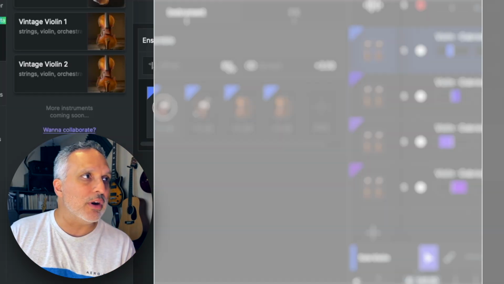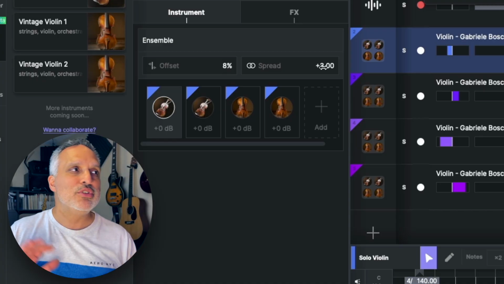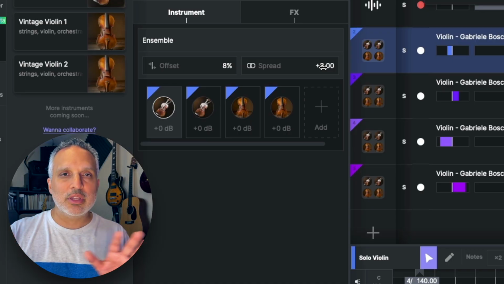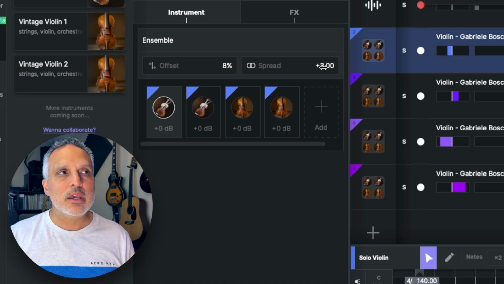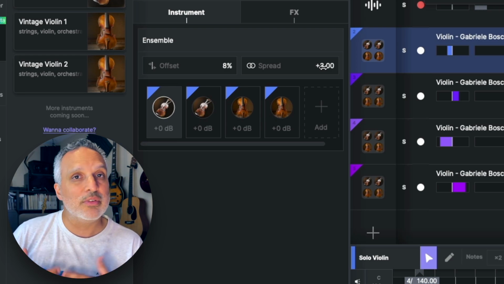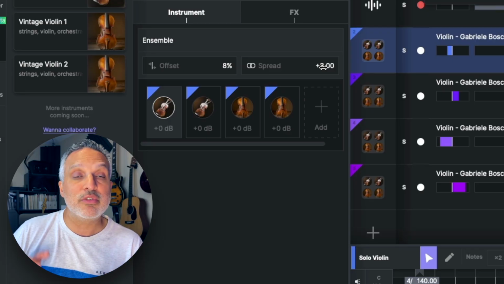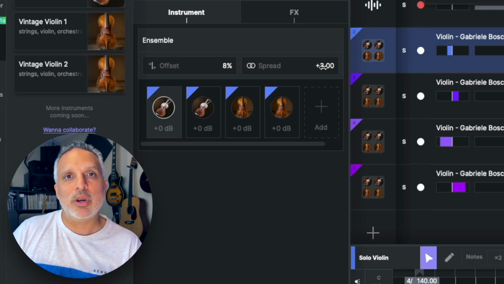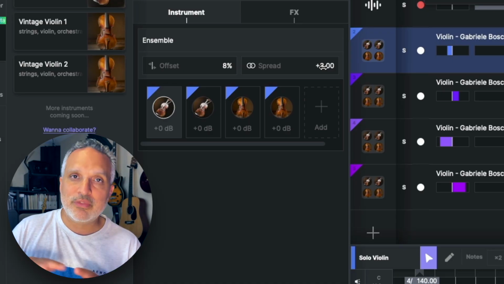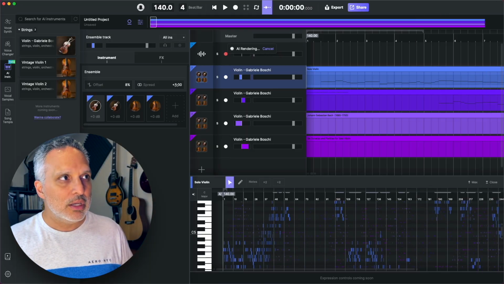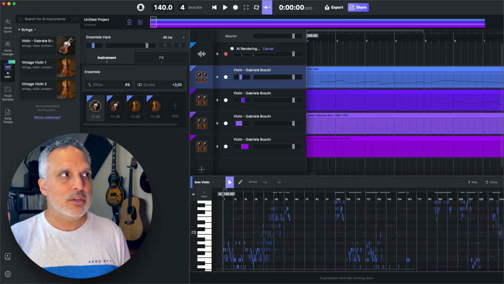Now, there are controls for offset here and spread. Presumably what these things mean would be how far offset can the timing be just to move notes a little bit apart from each other. Because the reality is, if a computer models the exact same instrument the exact same way on top of itself, all you're going to get is not much difference, or you might actually get some phasing between them. So I think the offset and spread parameters are there to create a little bit of differentiation within the 4 violins of each section. So without further ado, let's listen to 16 violins using 3 different types of violins play the same Bach piece.